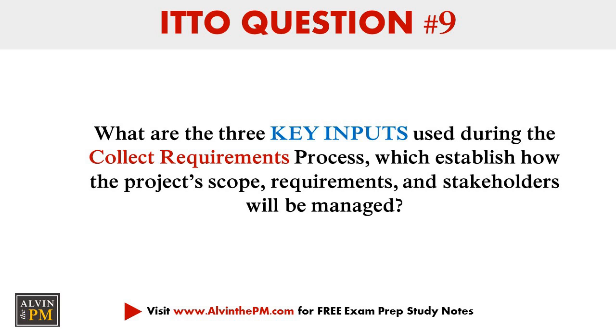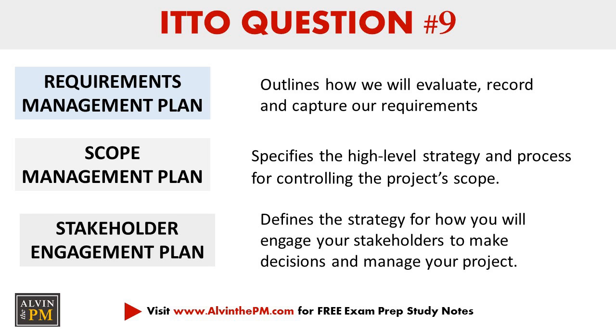Question 9. What are the 3 key inputs used during the collect requirements process which establish how the project scope, requirements, and stakeholders will be managed? The correct answer are the following. The Requirements Management Plan, which outlines how we'll evaluate, record, and capture requirements. Number 2, the Scope Management Plan, which specifies our high-level strategy and the process for controlling our project scope. And lastly, the Stakeholder Engagement Plan, which defines the strategy for how we'll engage our stakeholders to make decisions and